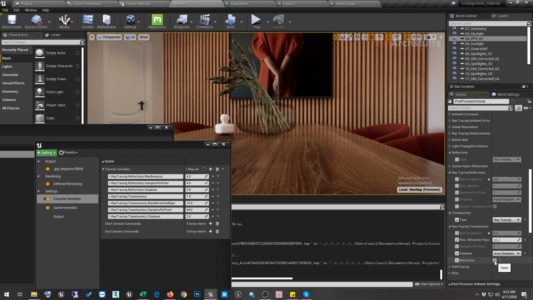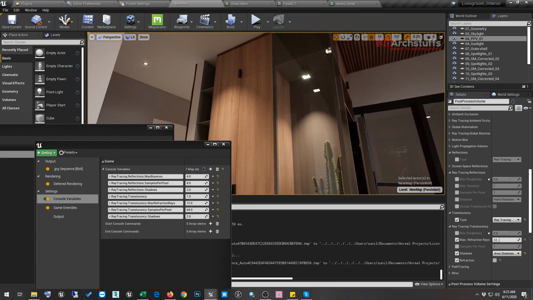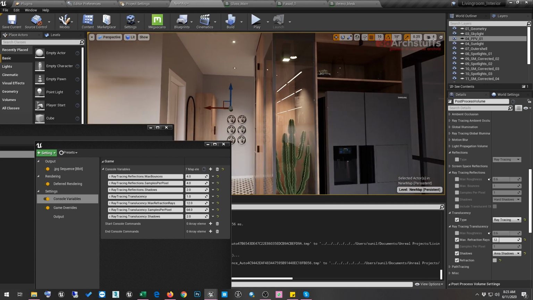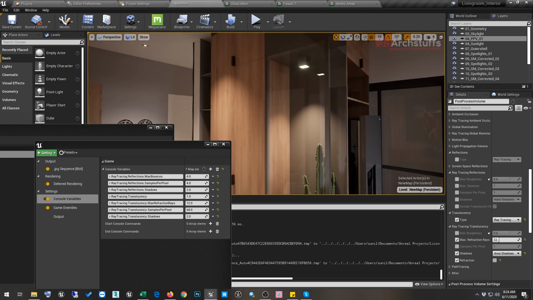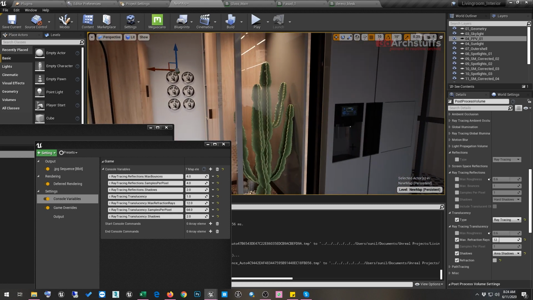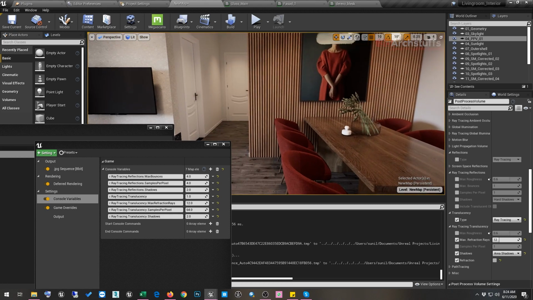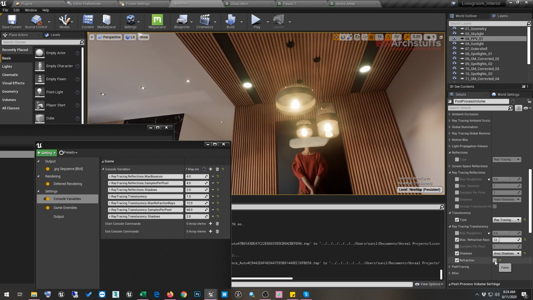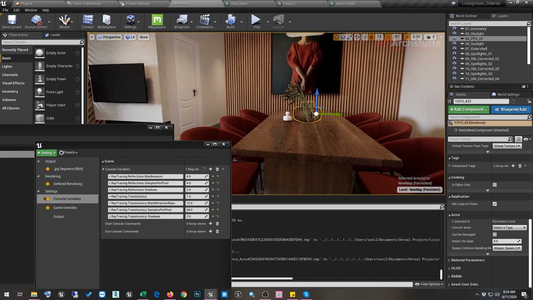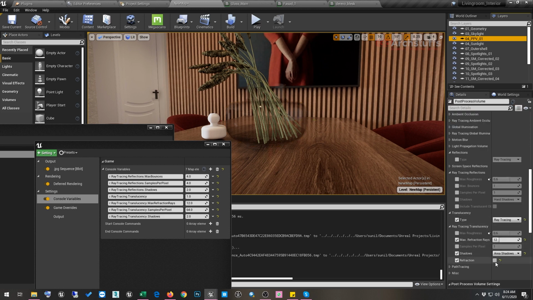So if I click this, yeah, as you can see, when we are switching off the refraction, we are getting much better quality of reflection in our scene. So let's switch this on, off. Yeah, so when we are switching this off, we are getting better reflection.